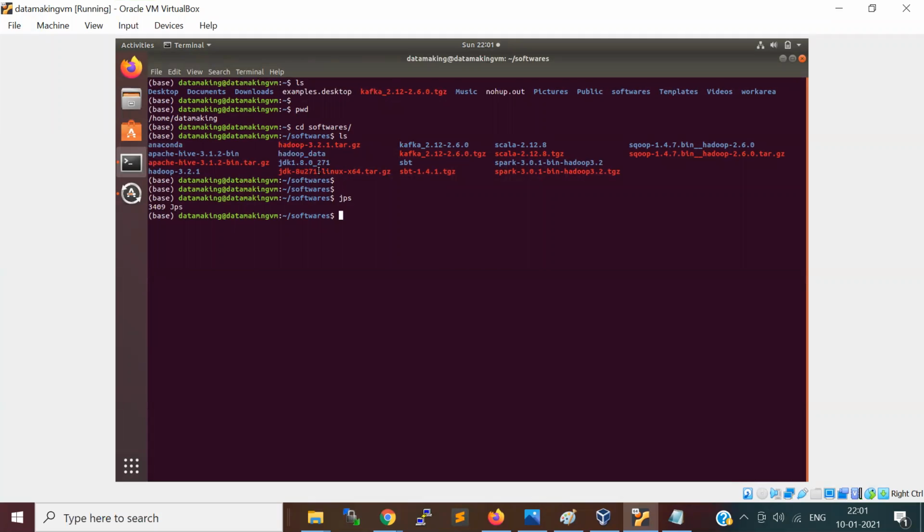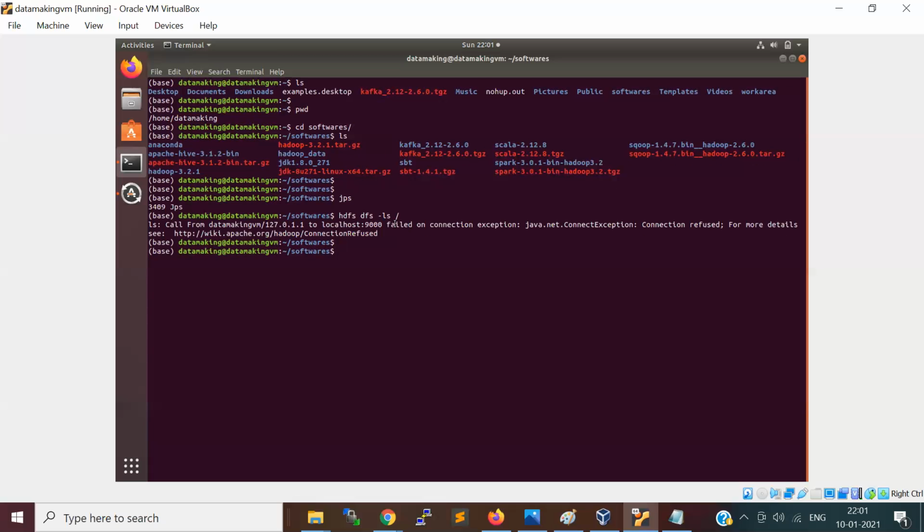If I type hdfs dfs -ls and give the root directory, it says the connection is refused because no process is running. So what is this command I'm issuing? Basically, I'm using an HDFS client, which is the CLI. It is not able to connect to the name node, so it says connection refused. So we need to start the HDFS related processes, which are the name node, secondary name node, and data node. To start that, there is a command called